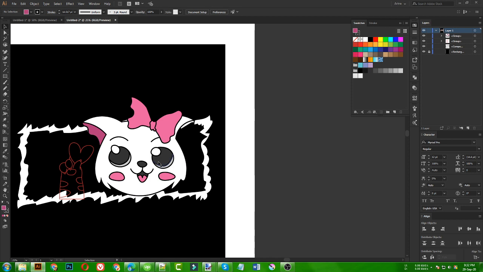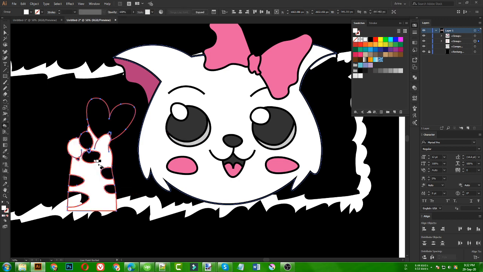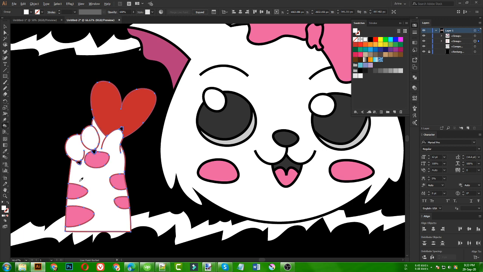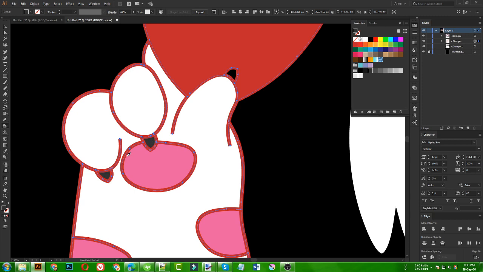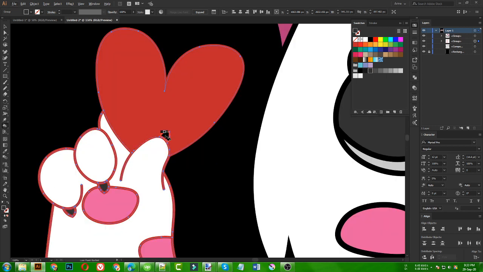Now for this hand area here, we can simply use this same color code here. So I am using my paint bucket tool again, pressing Alt on my keyboard to sample this white color, because this area should be white. Now this pink color to fill these areas, and also this heart I want to make it a red color heart. Now this area also white, and for these nail areas I want to sample that black color. Okay guys, so I made a mistake here, that is okay, I can fix that later, no problem.